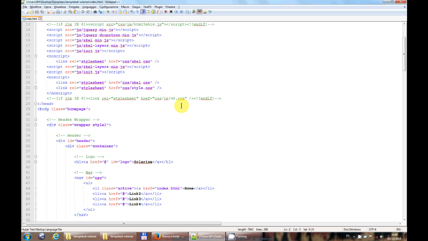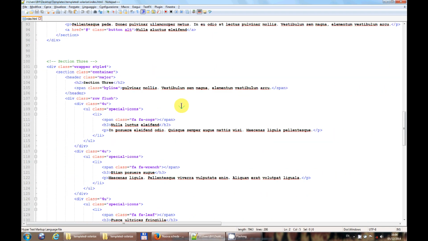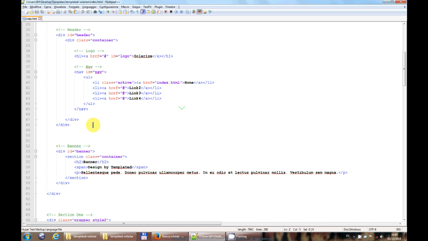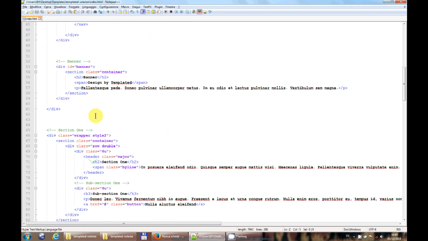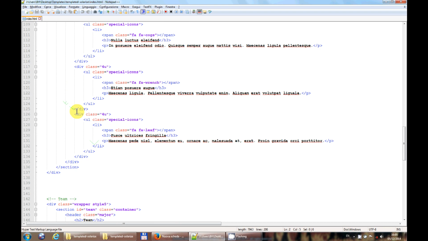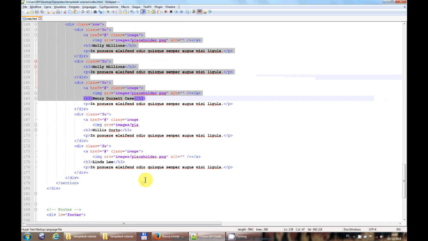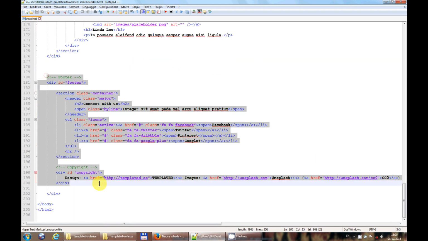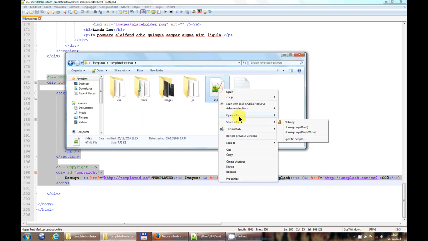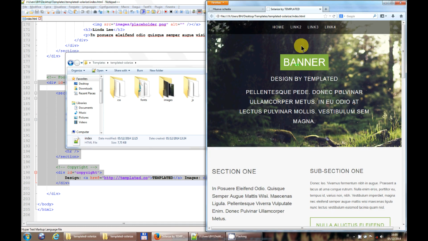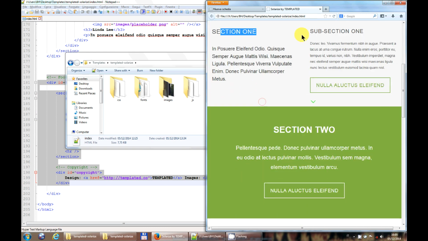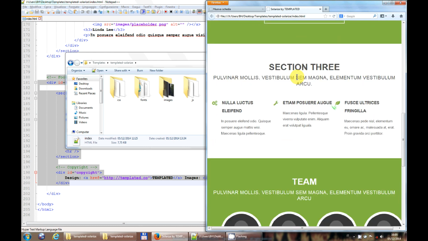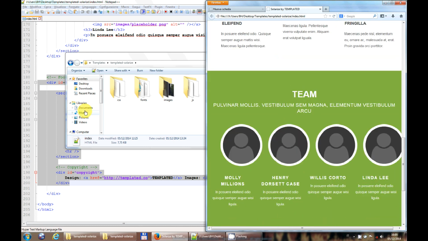This is the markup of our template. It's a common markup. It has a general header, banner, section 1, section 2, section 3, a theme box and a footer. We can see this markup with the browser. Here it is. My links, the banner, section 1, this is kind of section 1, section 2, another type, section 3, the theme